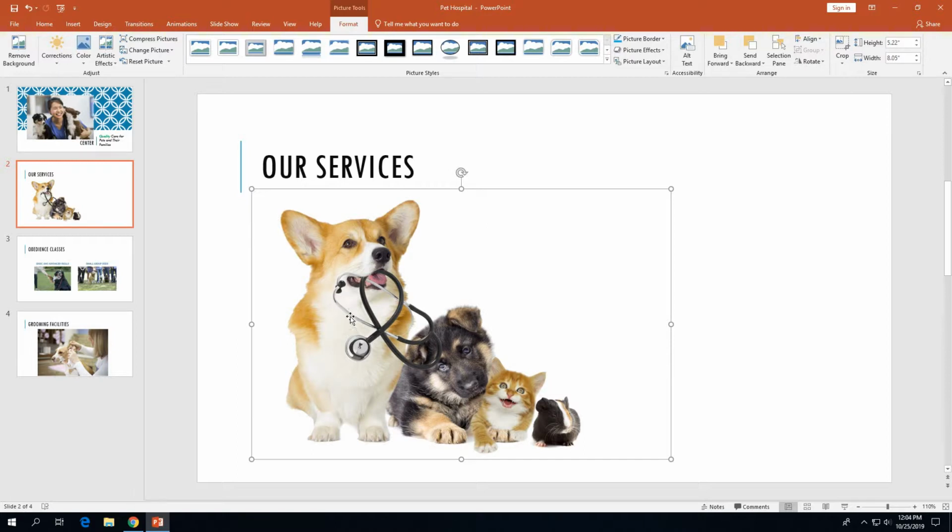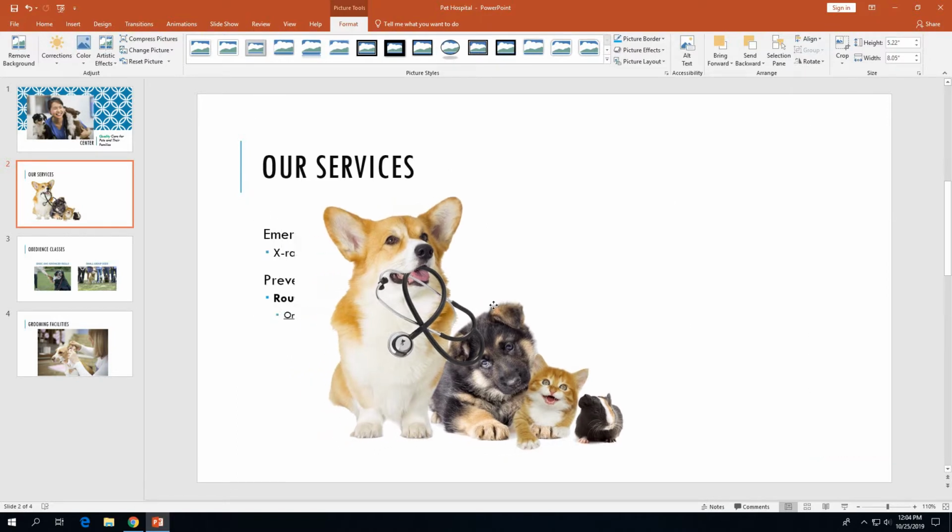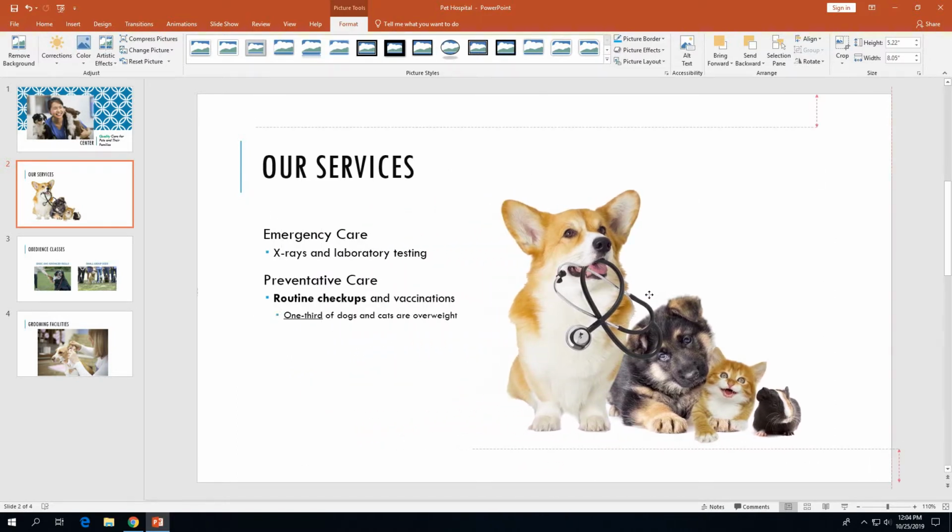We're going to use the smart guides as we drag the picture, and you'll have to look and see where it's supposed to be located once we're done moving it, by looking at the picture there at the bottom of page 1-42 in your book. So you're going to drag the picture to the right. Obviously we don't want the picture over our text, so we're going to drag it to the right,